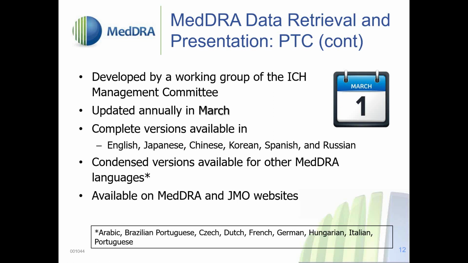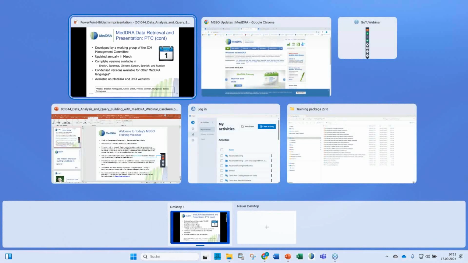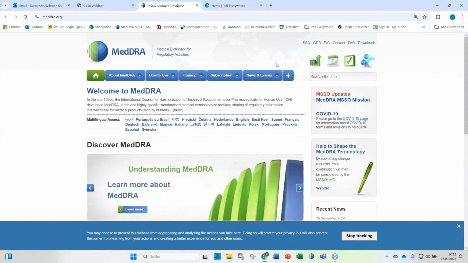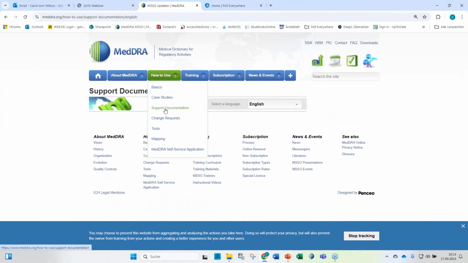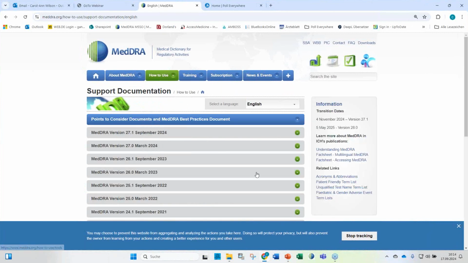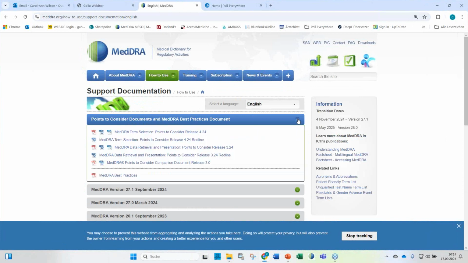So now let me show you how to find these documents on the MedDRA website. Let me switch screens. Here we are. Here we have the MedDRA website. And if you click on how to use, you see support documentation. If I click on this header here, a new window opens, and here we have the points to consider documents. If I click on it, you'll see the latest version of these documents